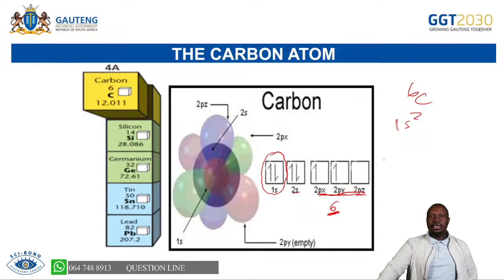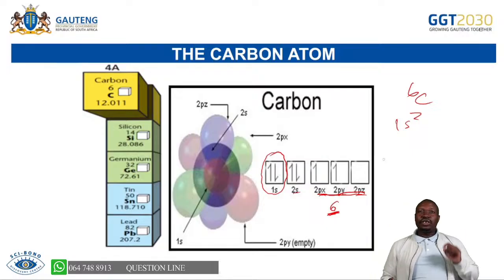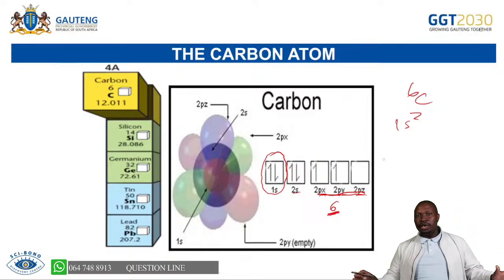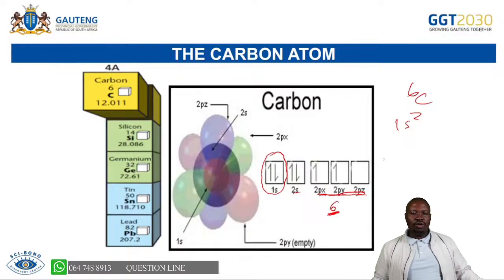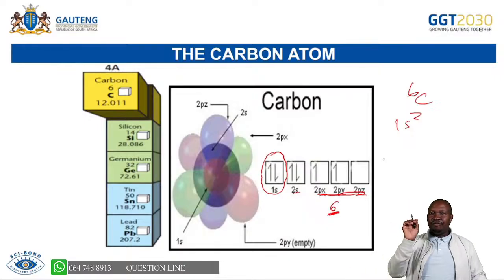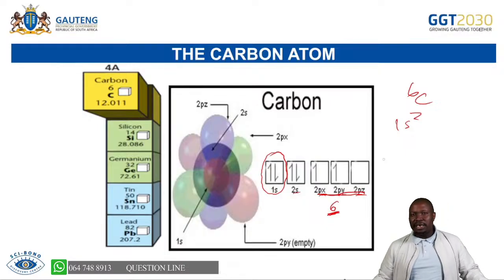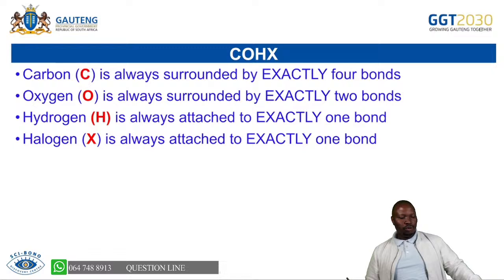I hope you are getting that, and throughout the lesson, don't make any mistake, because if you write a carbon without 4 bonds around it, then that structure will be wrong. As long as you are dealing with organic molecules, you write a carbon. Even when you are writing functional groups that we are going to talk about, always indicate the 4 bonds around a carbon. I'm emphasizing that because there are learners that will write 3 and they will get it wrong. There are learners that will write 4 that will be wrong.